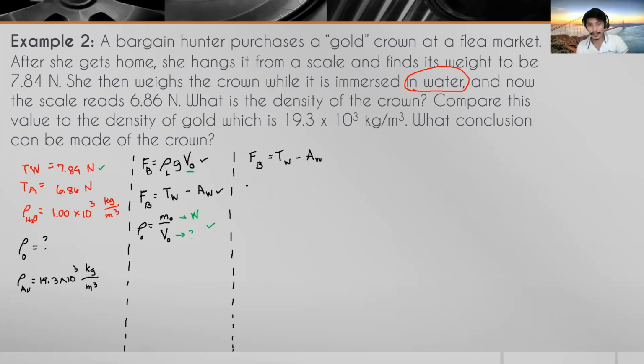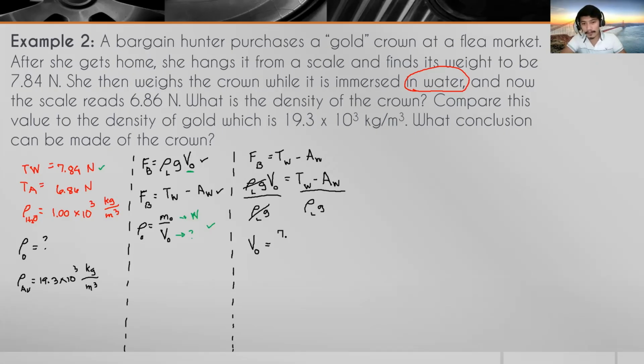Now, buoyant force, alam natin na that is equivalent to this one. So density of the liquid times acceleration due to gravity times volume of the object is equal to true weight minus apparent weight. Okay, so ano yung kailangan natin again? Ang kailangan natin is ang volume. Take note, yun yung kailangan natin ng volume. So divide both sides by the density of the liquid times G divided by density of the liquid times G. So cancel, cancel. So that means volume of the object is equal to true weight